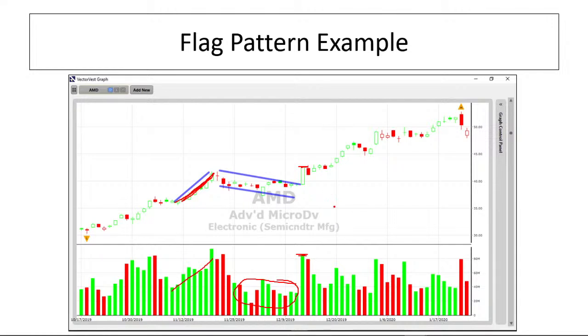Okay. Now, where would I set my initial stop loss? Would I set my initial stop loss here? Is that really the low of the consolidation period? No, I'd set it right below in this area here. That's truly the lowest point of this consolidation period, and that's where I would set my initial stop loss. And what you have to do here is